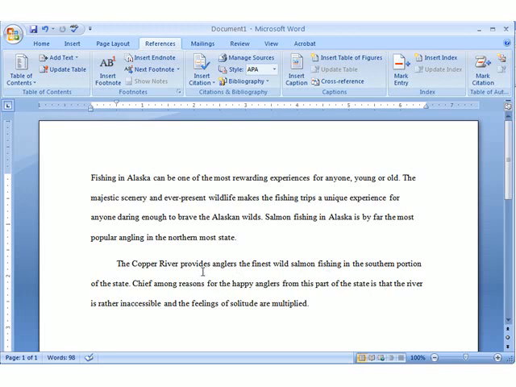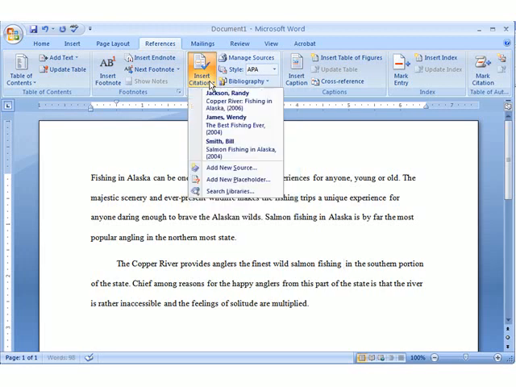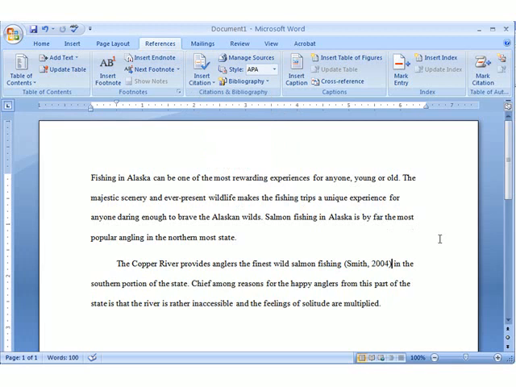And here I'm going to cite the source I got that information from, and we're going to place that citation right here. And in order to do that, we're going to go up here to the Citation and Bibliography and click on Insert Citation. And you'll notice that if you click on it, a drop-down menu appears. And we're going to use the Bill Smith citation for this particular entry. So I'm going to click on Bill Smith, and it automatically places that in the correct format